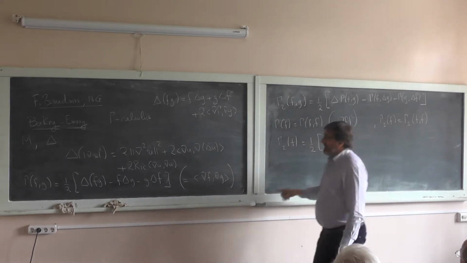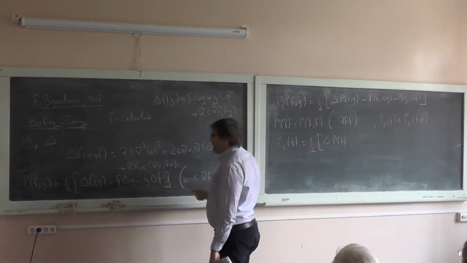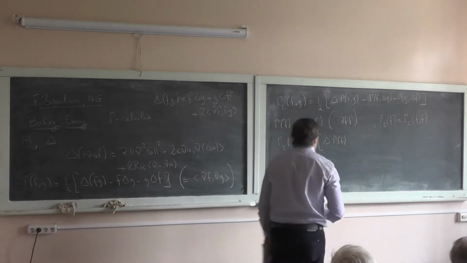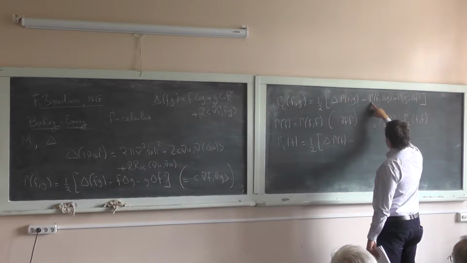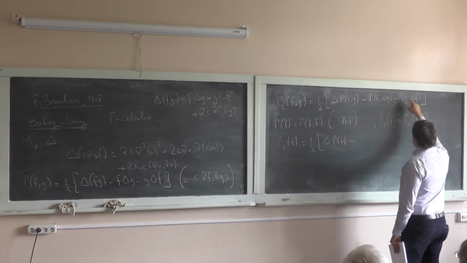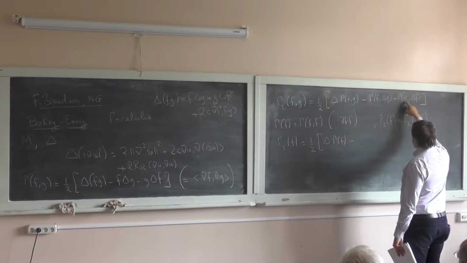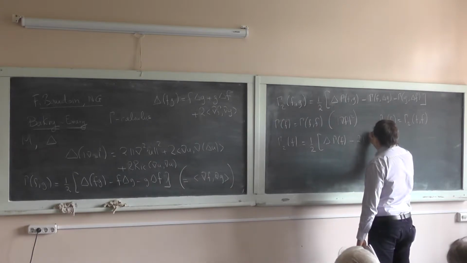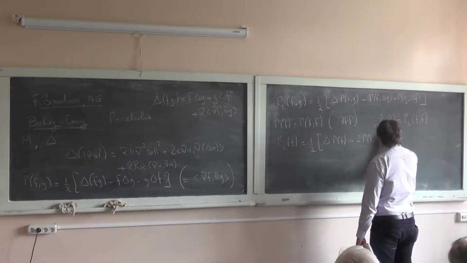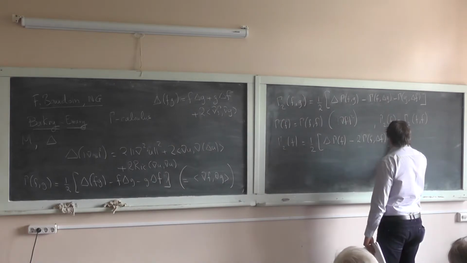Gamma f, remember, is the length of the gradient of f squared, so I can apply Bochner here. And then I have minus the inner product between the gradient of f and the gradient of Laplacian g, minus the inner product between gradient of g and gradient of Laplacian f. So in the case in which g is equal to f, I have 2 gamma f Laplacian f. And by Bochner,